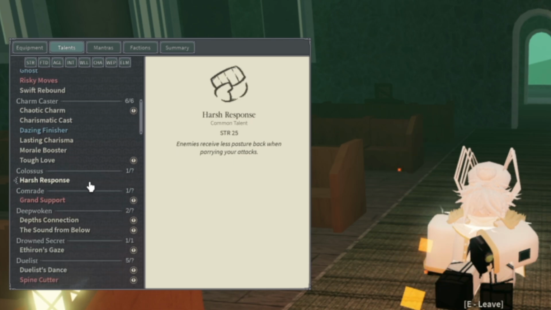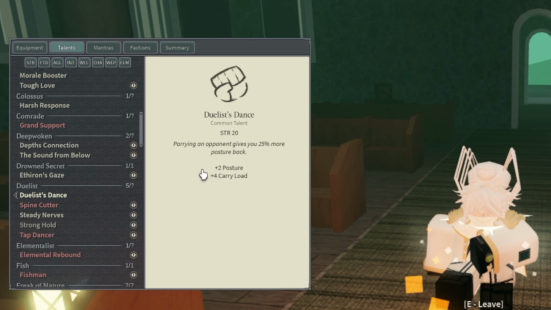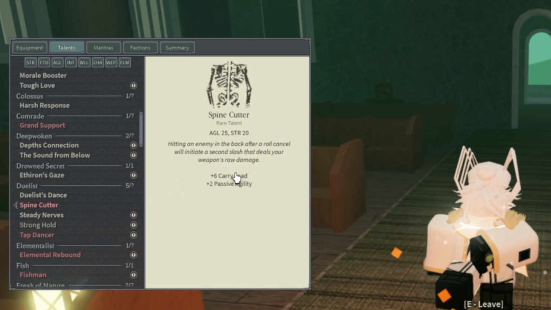Also, we have Harsh Response. Harsh Response is kind of like Unwavering Resolve, but just on the other end. It makes your opponents get back 50% less posture when parrying your attacks, which is very good. You pretty much need this if you want to posture break your opponent, in my opinion. Grant support for healing. And here are the Duelist talents, 2 posture after the update, so you should probably go this in most builds. Mind Cutter can be pretty helpful in Gale builds,